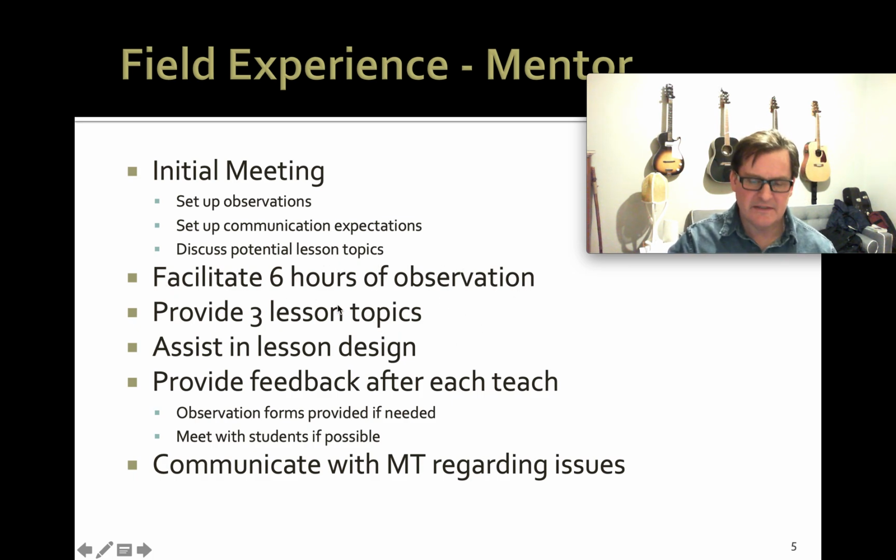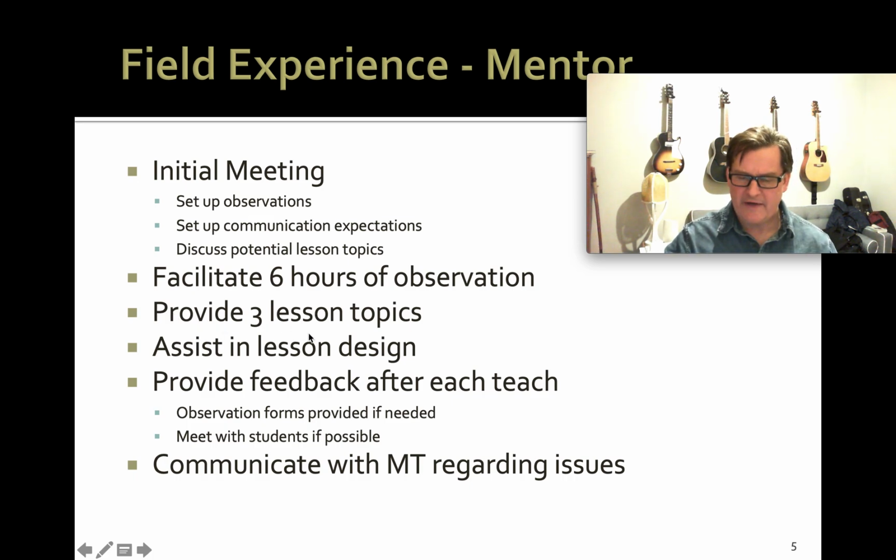Then you facilitate the observation. If there are things they need to overcome to get into your building, like background check within the district, or how they need to sign into the systems, help them navigate that. All of our students have been background checked through the Colorado Department of Education, so they've already been through that level of vetting.